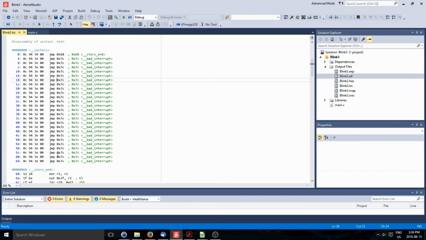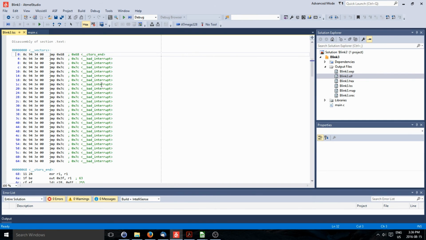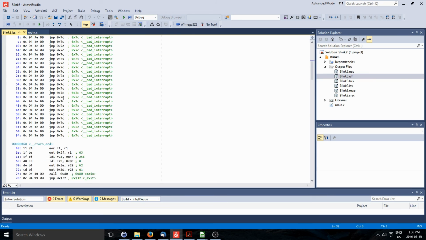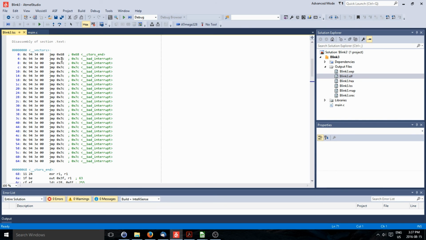You notice that they're all 7C except for the first one here. This one is always the interrupt vector, and it always vectors to somewhere in the code. It's automatically done by the compiler. These ones here are 7C, which is what they call, in this case, a bad interrupt. So if you enabled an interrupt for some reason without actually having an interrupt service routine, there's a way of catching that. And if we look at where 7C is, which is down here, it is simply a jump to location 0. It'll just jump back to the reset,